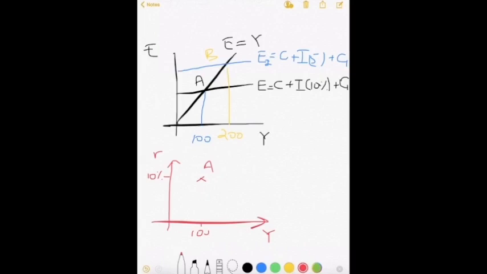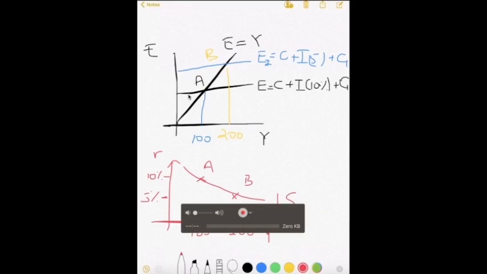When interest rates fell to 5%, GDP rose to 200, so this was called point P, and we combine this to come up with what's called the IS, or the investment saving curve. Now we want to figure out what causes a shift in the IS curve. So in order to explain the shift in the IS curve, we'll be discussing the scenario by starting from this